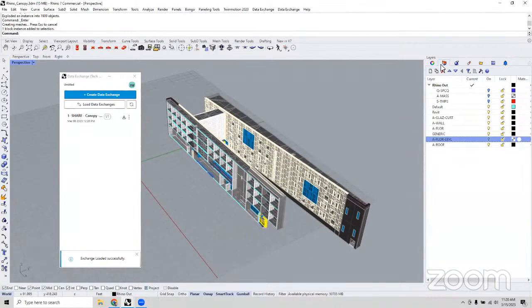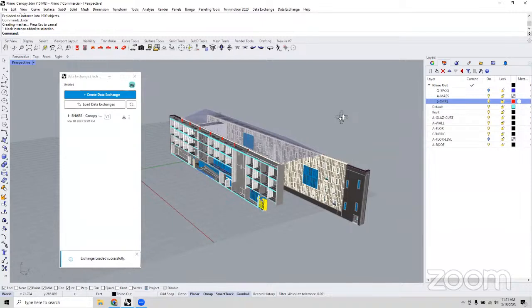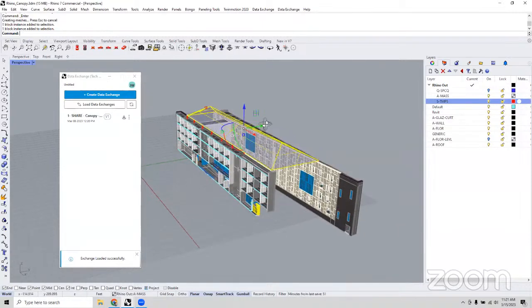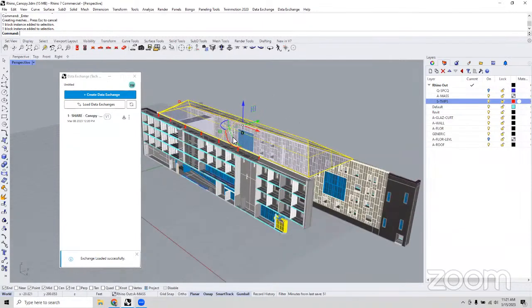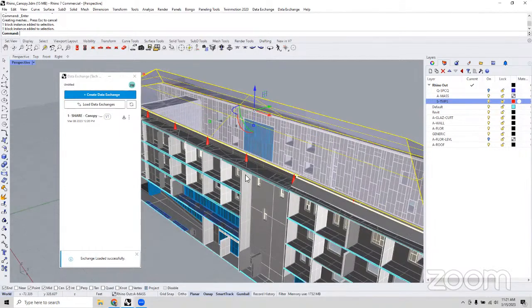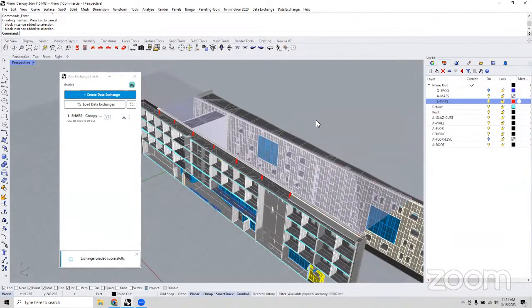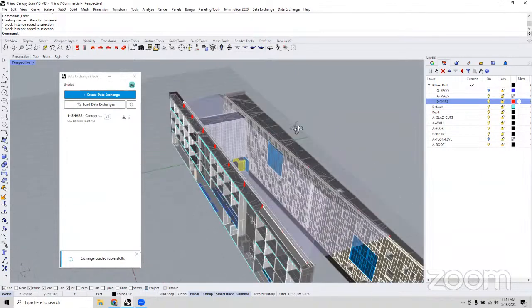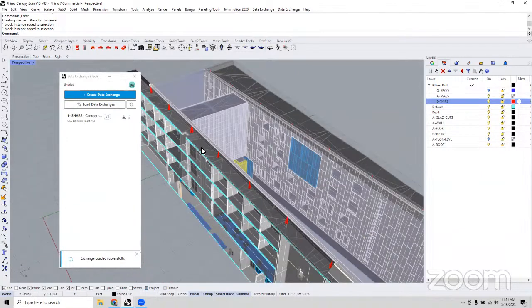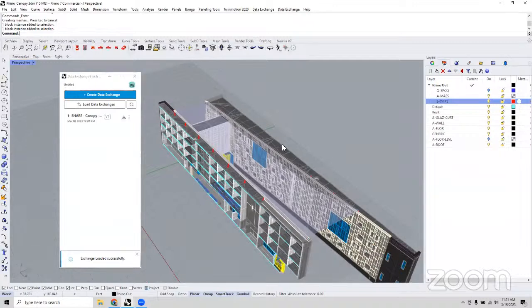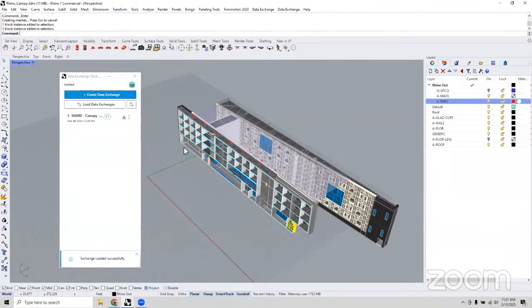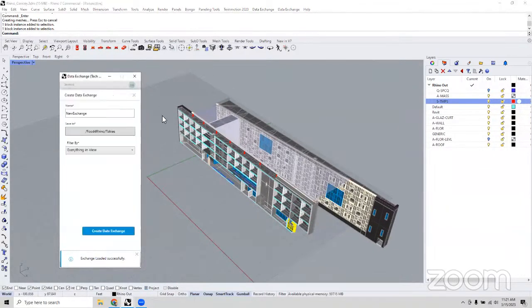So for this demonstration, I am a Rhino-based canopy manufacturer. I've created a massing of the canopy along with some calculated structural points that are rough calculations, and we're going to need these anchors in Revit coordinated with all the other roof objects. So this is where I'm going to create my data exchange. I'm going to call this schematic